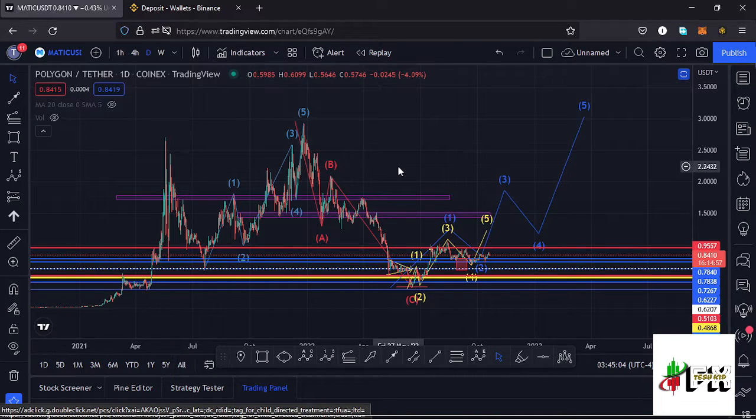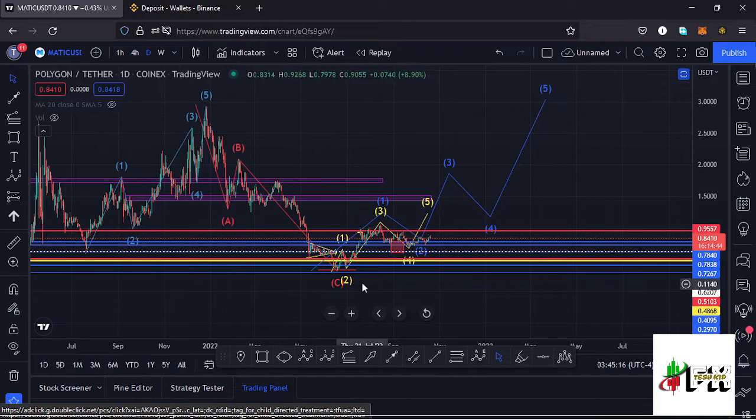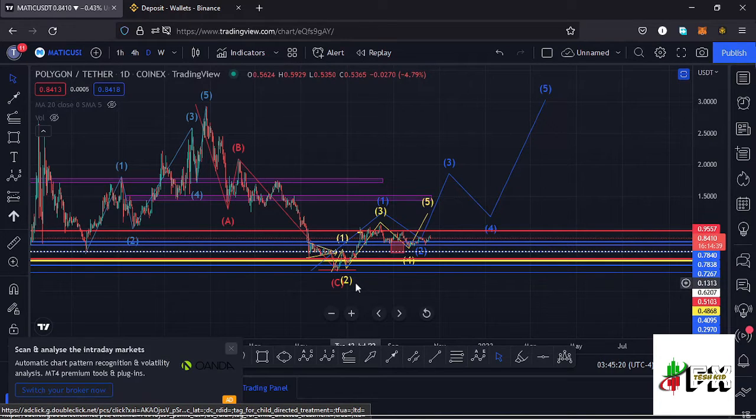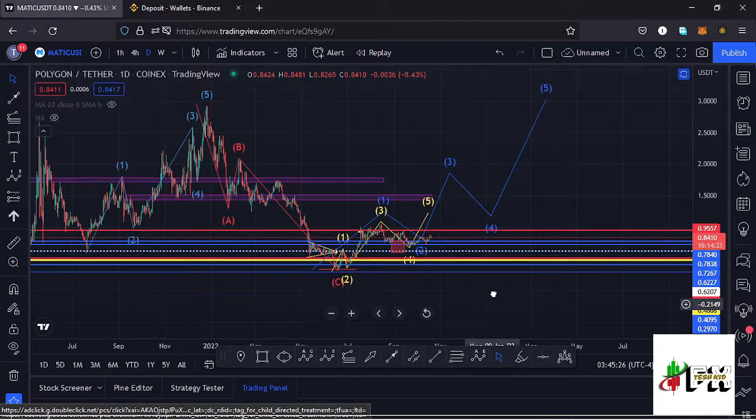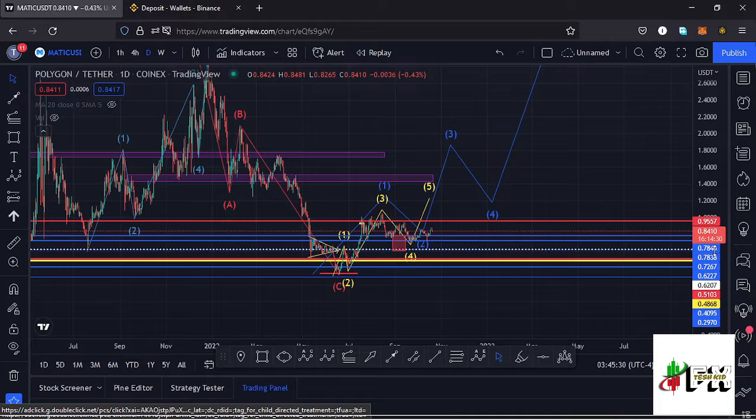And I'll kickstart the video by giving a brief of what has been happening here on the Polygon Matic chart. From the all-time high, we have been seeing lower prices in this massive ABC corrective movement, which has now taken us back to around the $0.32 mark. And having made that low at around the $0.32 mark, I believe Polygon Matic has done the minimum that you expected it to do in its ABC corrective movement, and soon we are going to see a very nice bounce